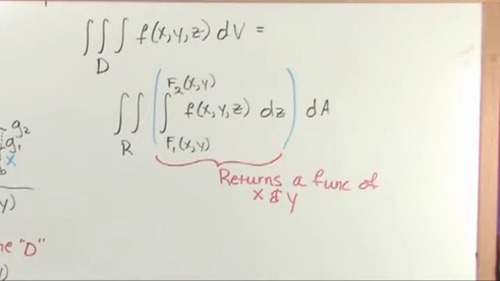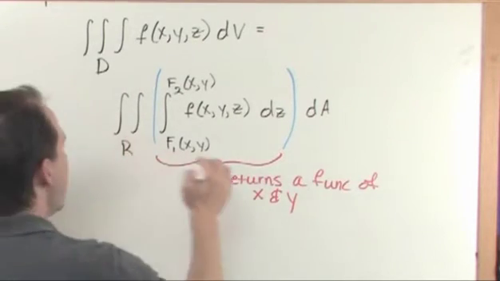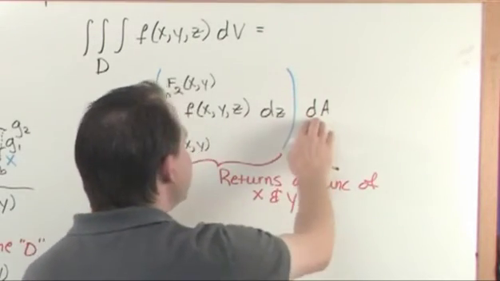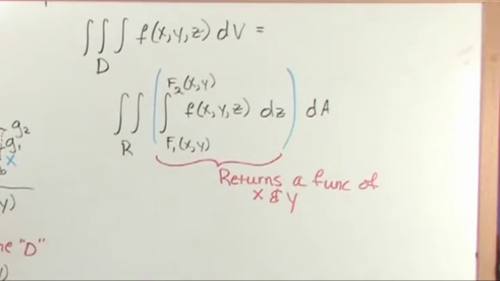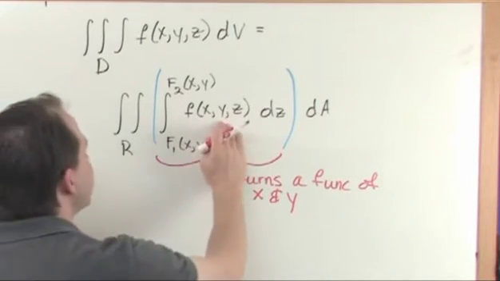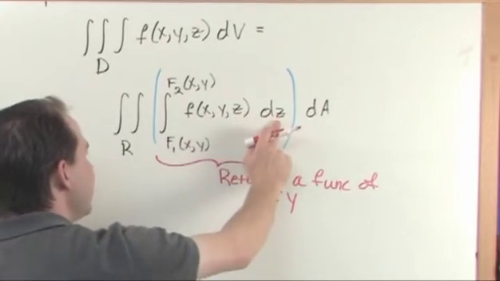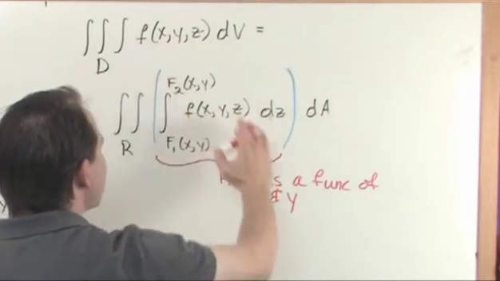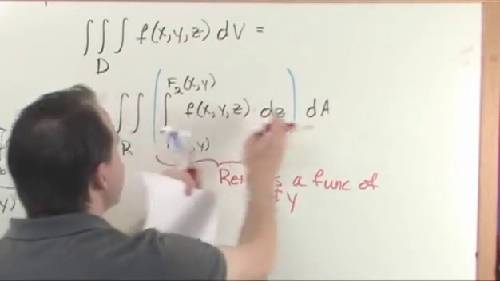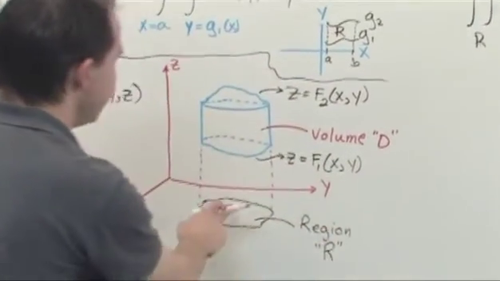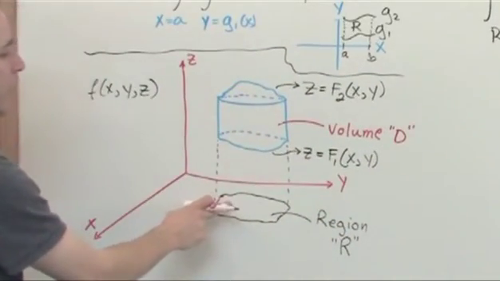Now, we already learned how to do double integrals over functions of x and y dA. We did that in the last DVD at the very end. It's called a double integral. You've done that all along. The only thing we're doing here is we're starting with a function of 3 variables, and we're integrating it along the third variable first, dz, and we're going to get our answer, and then we're going to integrate it over the region R